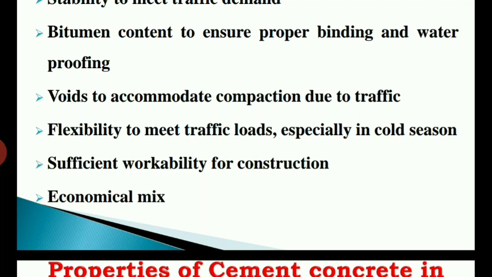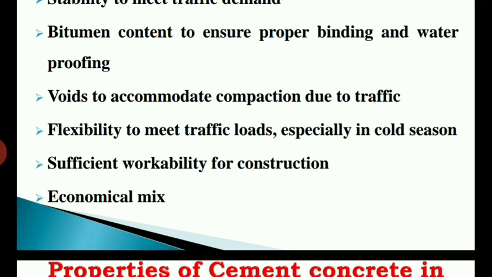It should be well compacted such that after it is open to traffic, under the loads of the different vehicles, it should not change its original place. Because if we have done less compaction in those layers, it might get compacted in upcoming days by vehicular loads, right?